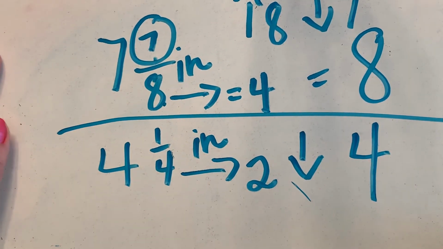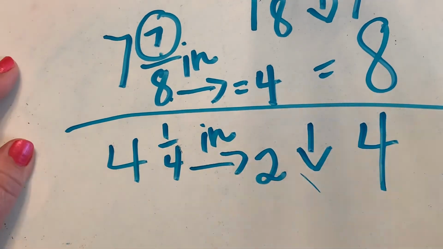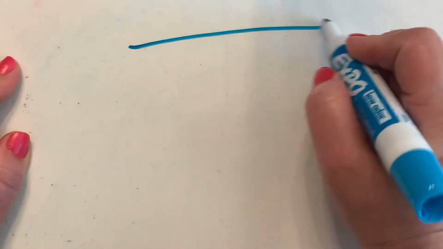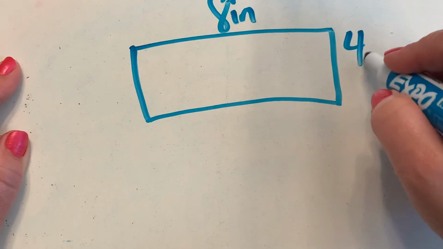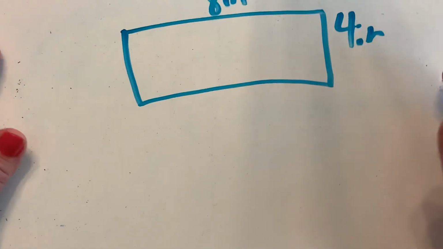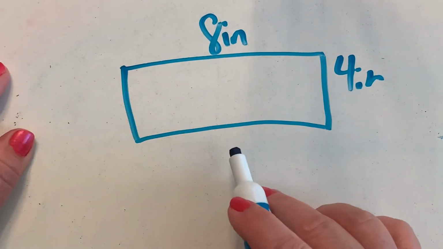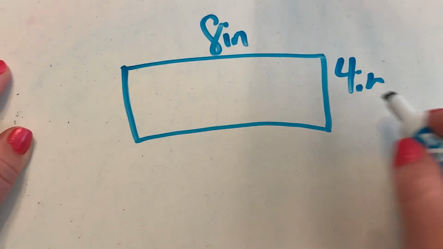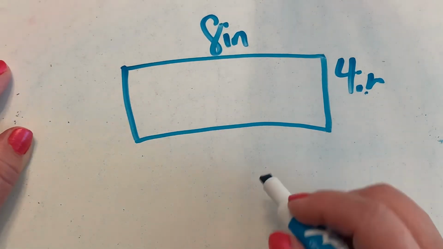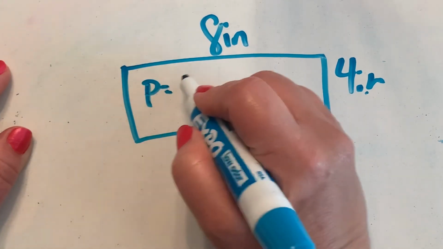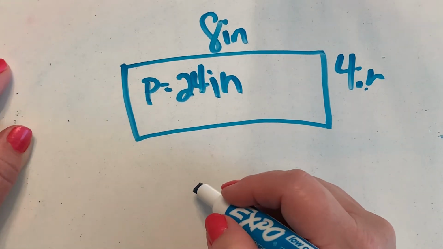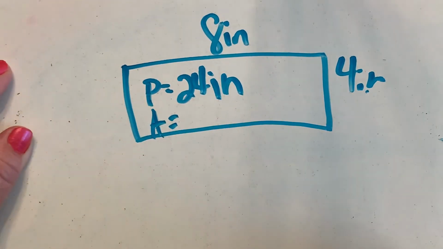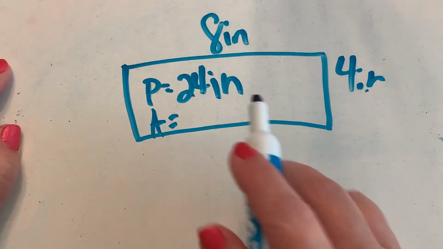Now, how are you going to find the perimeter? Well, you've got a square. Rectangle, excuse me. You've got your rectangle. We just rounded this to 8 inches and this to 4 inches. So what are we going to do? We're going to add all the sides. 8 plus 4 plus 8 plus 4. So 8 plus 4 is 12, and 12 plus 12 is 24. My perimeter equals 24 inches. How do you find your area? Yep, I hope everybody knows that by now, because we have been doing that a long time. We find our area by multiplying our length times